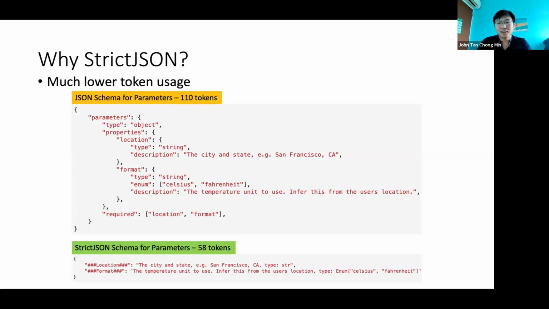JSON schemas are not designed for LLMs, actually. JSON schemas are designed to encompass a lot of information, like here: parameters, type, objects, properties, and so on. But you can see a lot of it is redundant information. Like parameters, we actually don't really need all this, and properties, you actually don't need that word. So if you can take out only what is needed and put it in a very, very concise format,